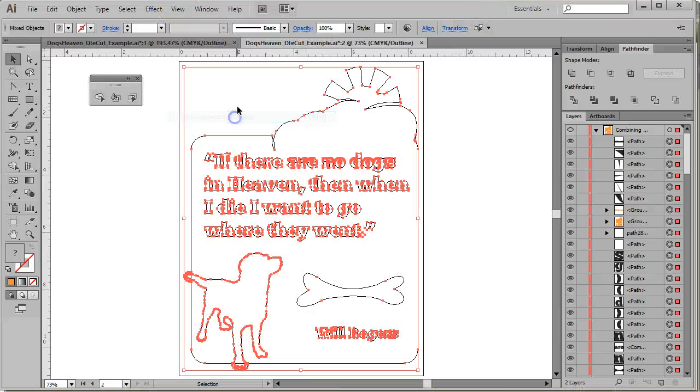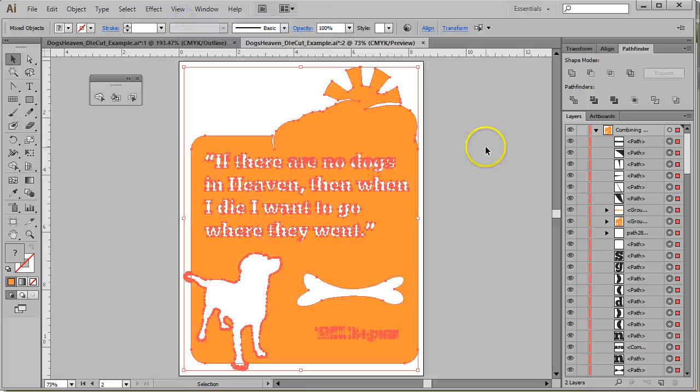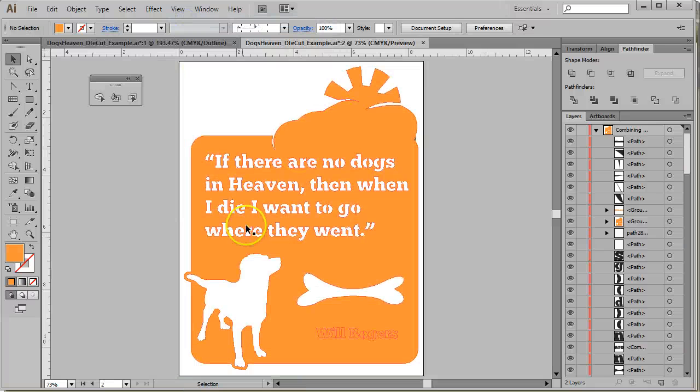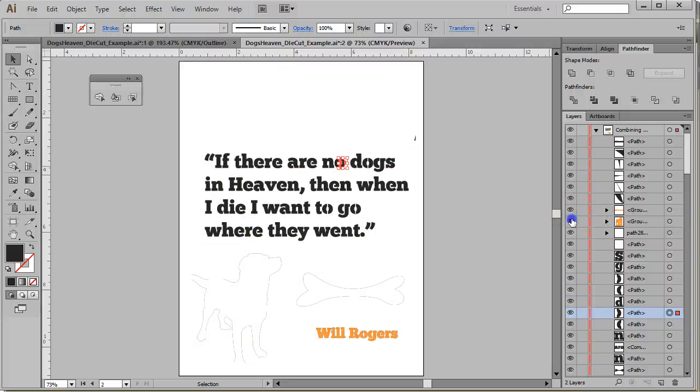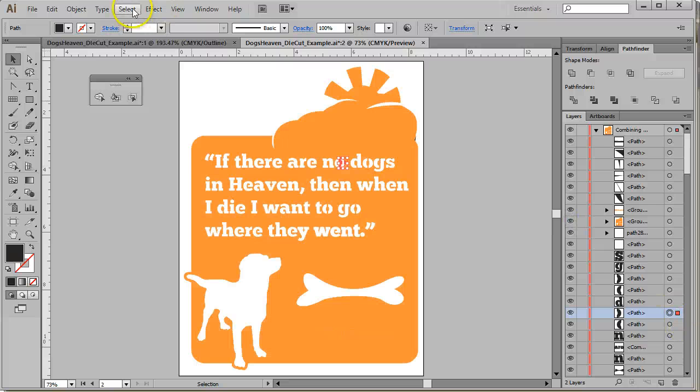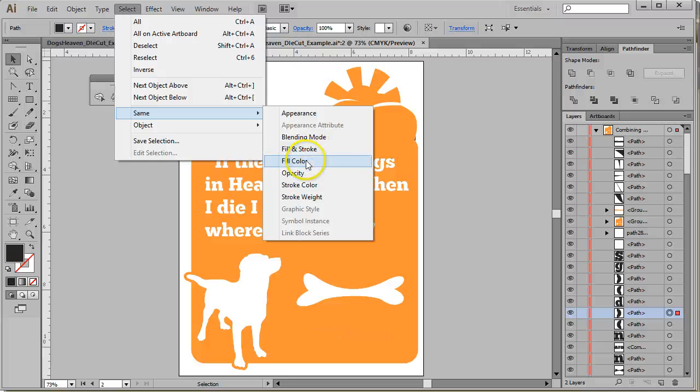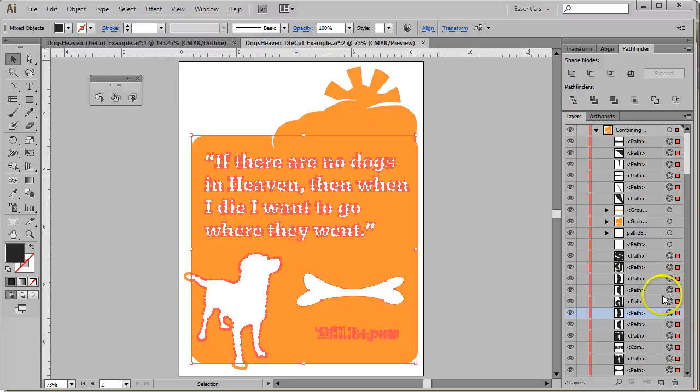zooming out to my artboard and changing back to the preview mode. And so at this point I have my image in orange, and what I'm going to do is start by selecting something over here in my artboard that is black. So in this case I happen to have some text. If I turn off my big group, I can see that that's where that original text to shape still sits. And I'm going to choose Select, Same Fill Color,